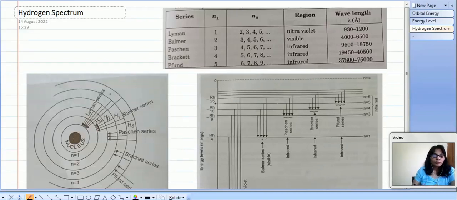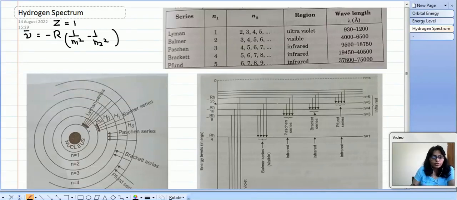In the hydrogen spectrum, one thing is that Z is equal to 1 for hydrogen. So here the heading is written hydrogen spectrum. You can write it in your notebook: hydrogen spectrum, and Z is equal to 1. The atomic number is 1. Therefore, nu bar will be equal to R, because we had the term R Z square. Now Z is equal to 1, so it is only R, and within the bracket it is 1 upon n1 square minus 1 upon n2 square. So this is our equation for the wave number.